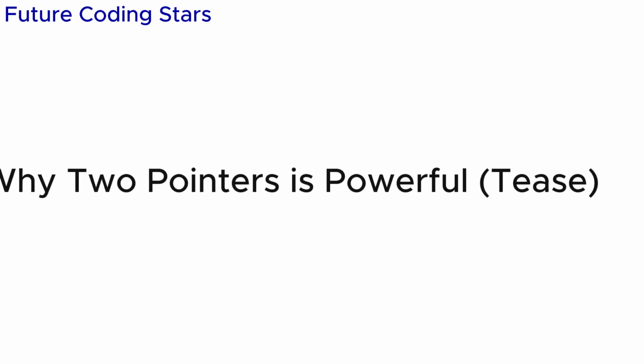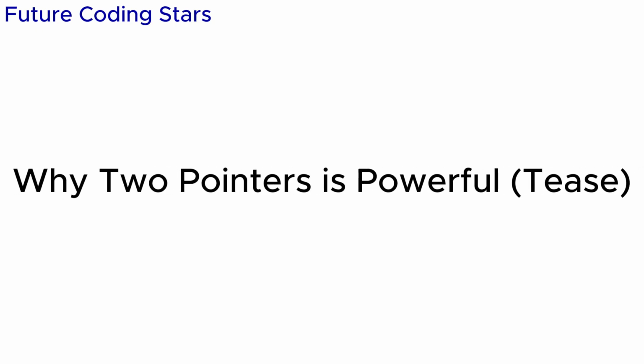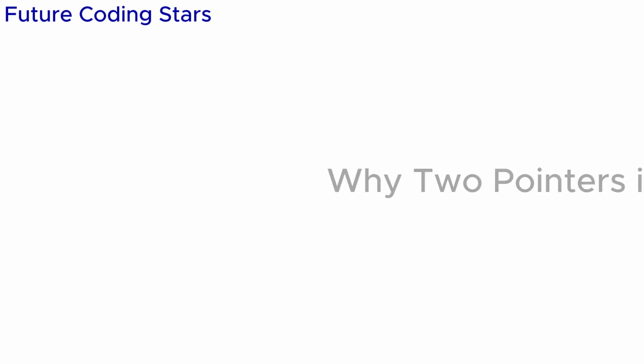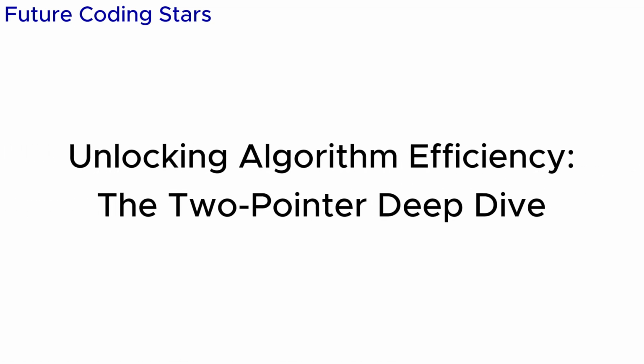Practice running it yourself. Now, you might be thinking, okay, that looks like it works, but how do I know it checks all possible pairs efficiently? And why is this method so much better than checking every single combination? Great questions. The elegance of the two-pointer technique lies in how it systematically eliminates possibilities without needing to check every